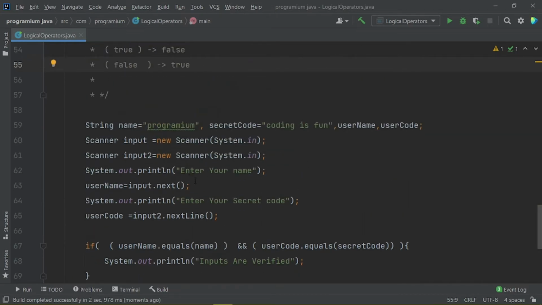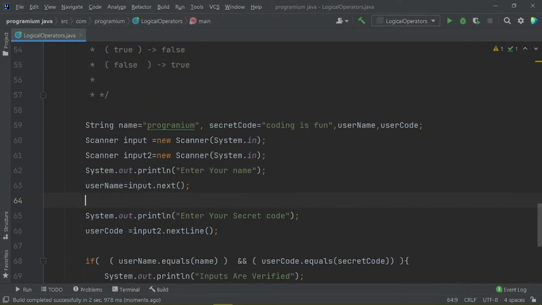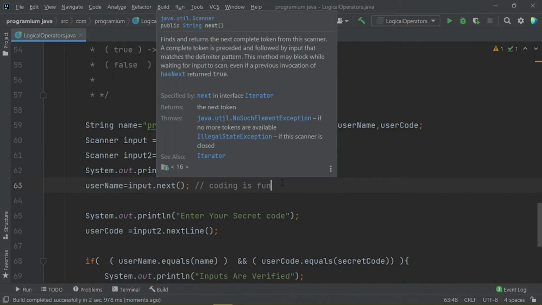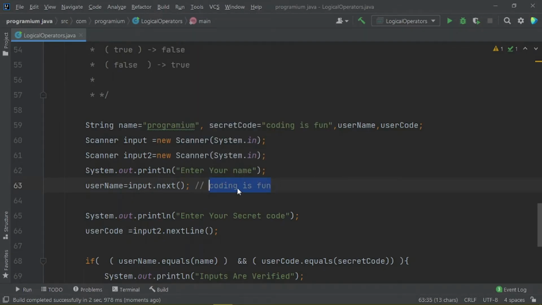So guys, what actually happened here right now? Actually, with this dot next, when we are working with strings and we pass some input like coding is fun, this dot next won't take the whole input. It just takes input until it reaches a space or white space character.